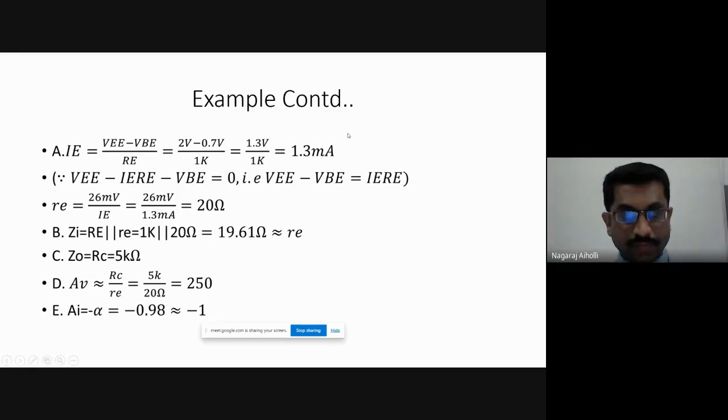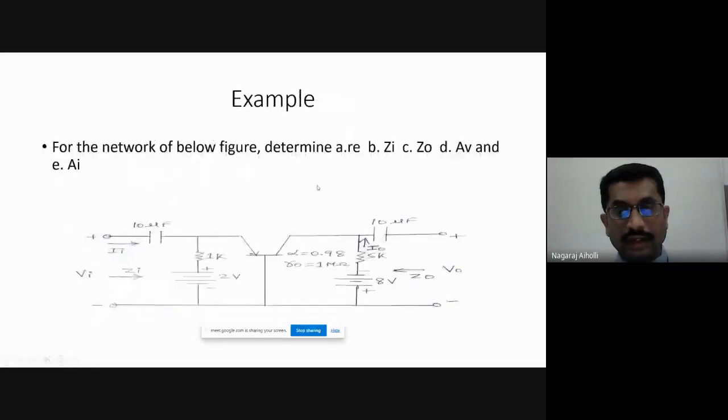Here they have asked for the AC resistance re, that is 26 millivolt by IE. We know that re is 26 millivolt by IE. What is IE? It is the current flowing into the emitter terminal through the resistance RE. So it is the emitter current IE, the current through the resistance RE flowing into the emitter terminal. To find this IE through the capital RE, apply KVL to this portion of the circuit.